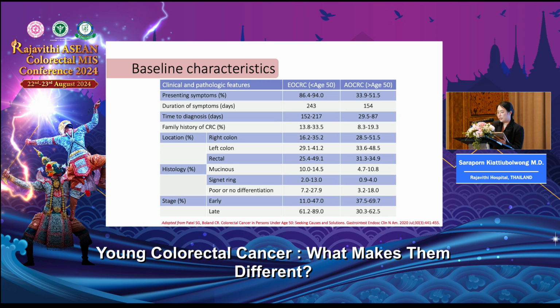Okay, this table is the wrap up of the patient characteristics. Young people with cancer might show more symptoms, but they often take a longer time to realize they need to see a doctor, and the doctor might misdiagnose them, leading to delayed diagnosis and getting the right diagnosis late, which leads to late stage disease. However, we will see some differences in tumor histology compared with the average onset group.